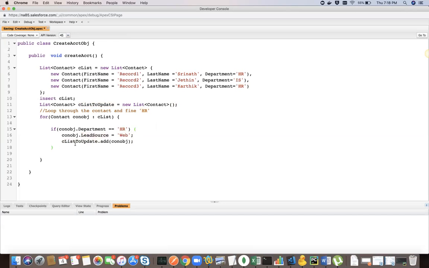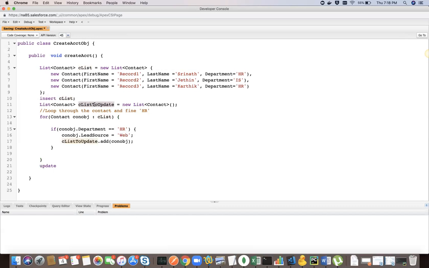Okay, so these are the records that are already existing, and then we are modifying the new data. And then outside the for loop, this is where the for loop ends, right? Outside the for loop, this constructs the list, and then it iterates the list, checks all this, and then generates a new list. What we need to do is update. How do we do update? Instead of insert, all you need to do is just update